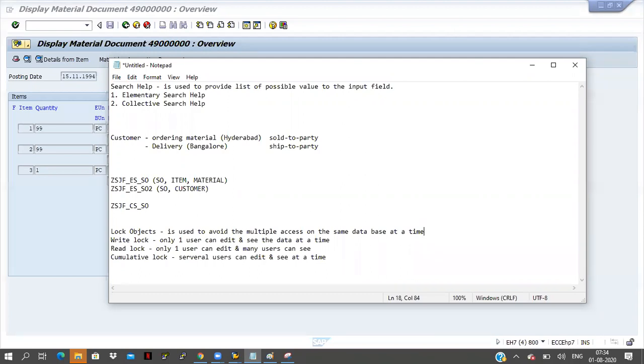If you want to avoid that, it is possible through a write lock. Only one user can edit and only one user can see the data.